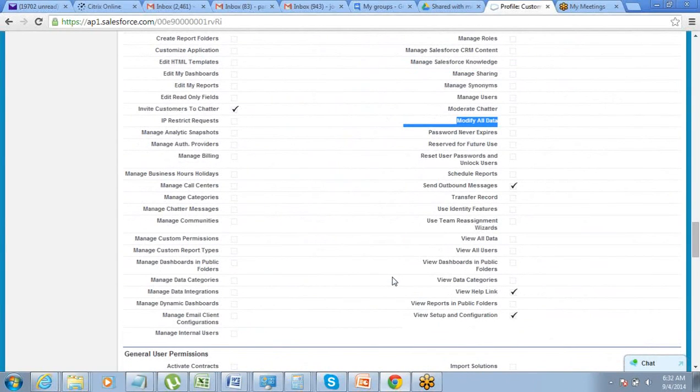So to sum up the entire thing, we understand that for controlling the access to the applications, objects, fields, we use profiles and permission sets. For controlling the access to the data, we have sharing settings, and in the sharing settings we talked about two things: organization wide default, which is used for defining the default rule for the organization, and then sharing rules, which can be used for defining the exceptions. Apart from this, there will be some users who need access to all the data and they don't want to be restricted by the OWDs. So for them we have view all and modify all access.